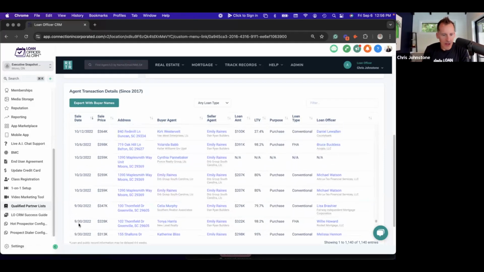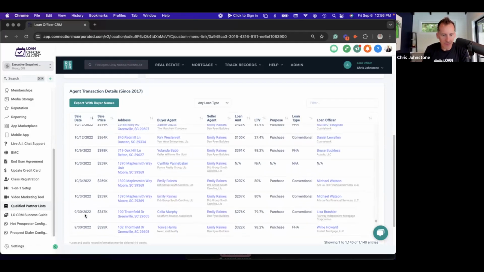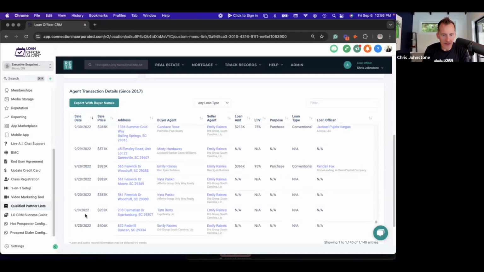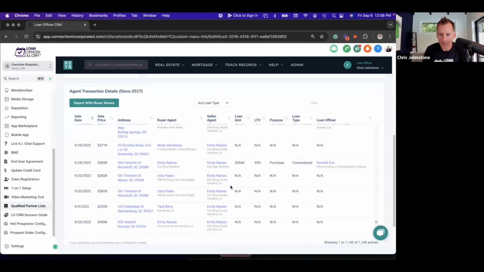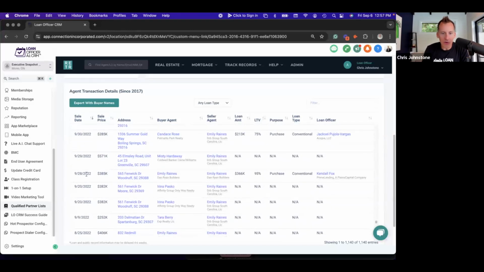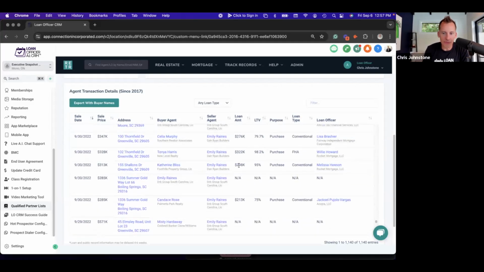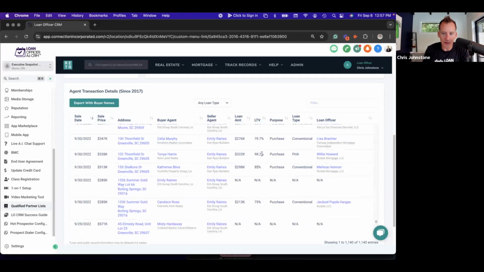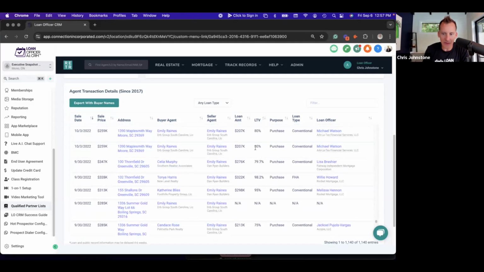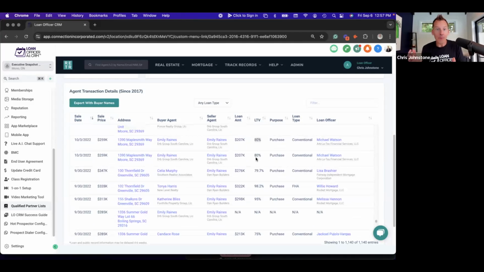So look at this. Our first deal, if we look at, hold on here, I got clicky. Okay, so September 28th, 2022, a $366,000 purchase, 95% loan to value. A $213,000 purchase, 75% loan to value. A $298,000 purchase, 95% loan to value, 98% loan to value, 80% loan to value, 80%, 80%. These are all potential refinance opportunities that sit in the database of Emily that are now an opportunity for us